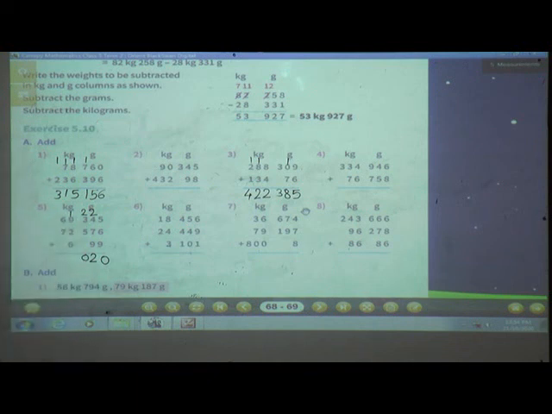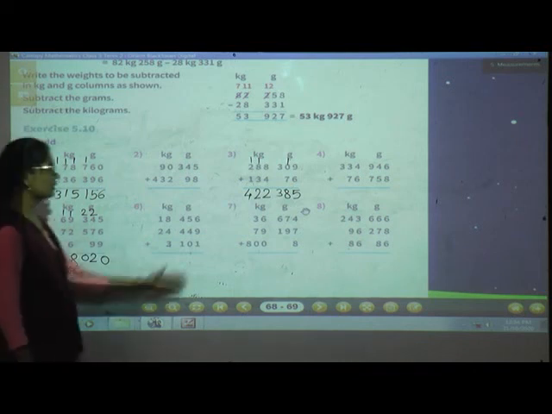Now we will move to the kilograms column. 1 plus 9, 10. 10 plus 2, 12. 12 plus 6, 18. So here we will write 8 and we will give 1 carry. Then 1 plus 6, 7. 7 plus 7, 14. So simply you will write here 14. So what is the answer? 148 kilogram 20 gram. Okay. Now one more example we will take.